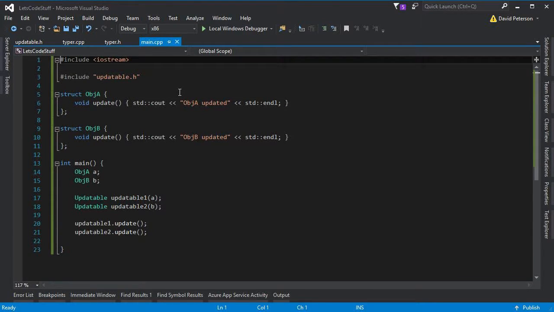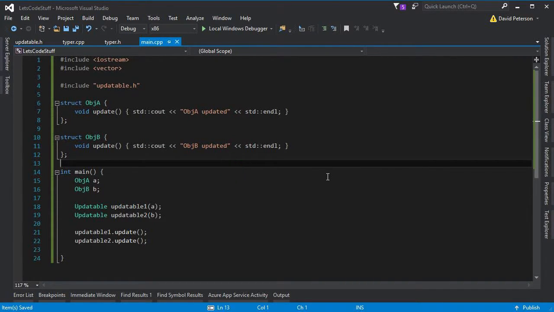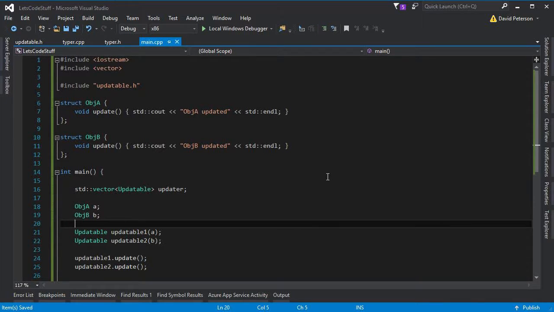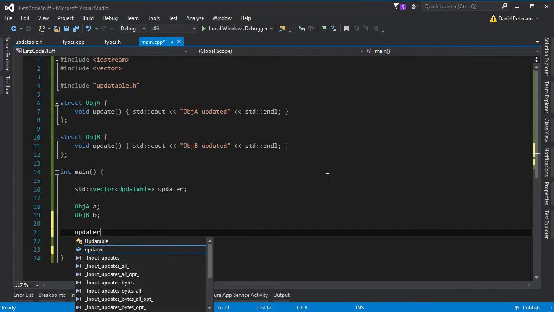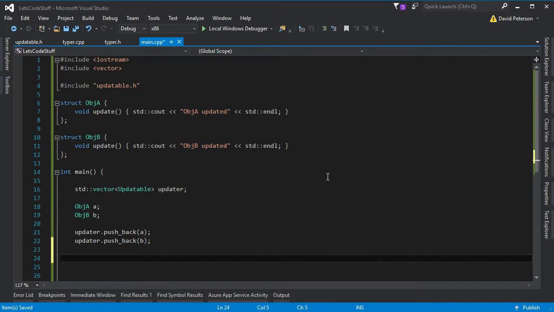Now, the other cool thing about these is you can throw stuff into lists and all sorts of fun container objects. So what we could have also done is a std::vector of updatable, and we'll call this updater. All right, we'll have our obj_a and our obj_b. And what we'll do instead is updater.push_back, and we'll pass our a, updater.push_back, do our b, and then we will use our handy dandy auto, and handy dandy,